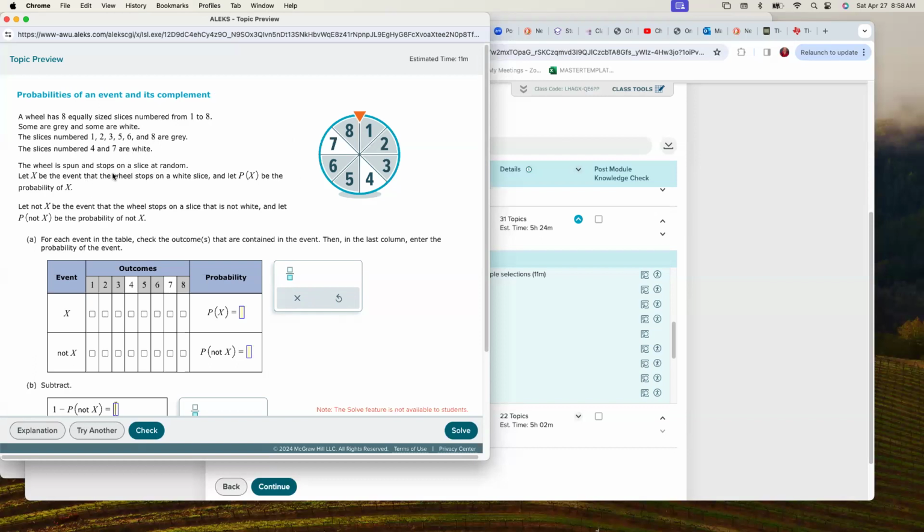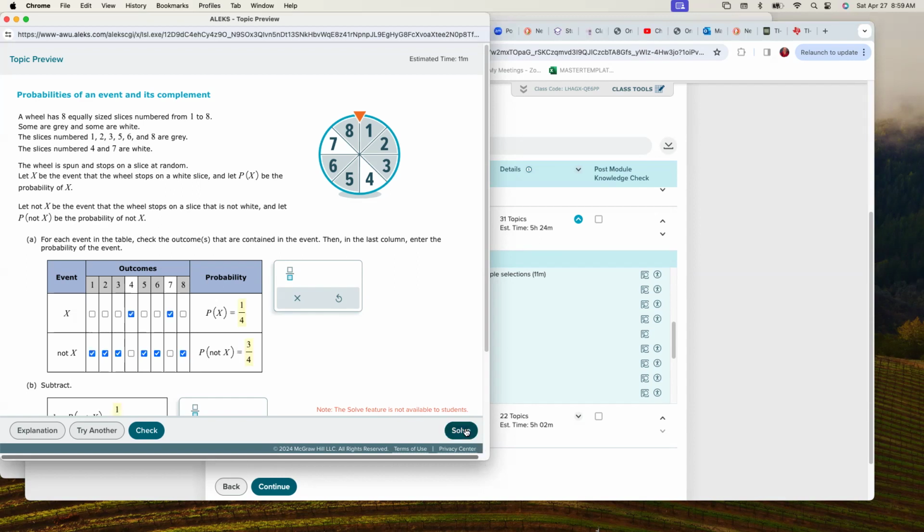So we spin the wheel, it stops at random on a particular slice, and let X be the event that the wheel stops. So they're starting to introduce some probability notation here. We can look at this as a random variable, right? This variable X is going to be determined, again, by what that outcome is. It's the value